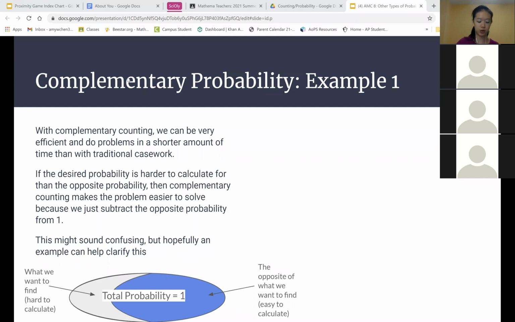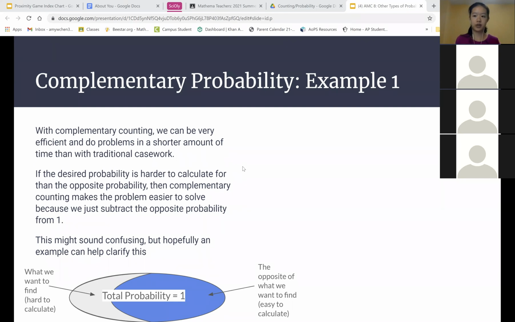So as an example, the probability that there will be precipitation today and the probability that there will not be precipitation today must add up to 1, because no matter what, you have to either have precipitation or not have precipitation. It is guaranteed that you will either have it or not have it. There won't be any other situation where you're not having it, but you're also having it. So anyway,